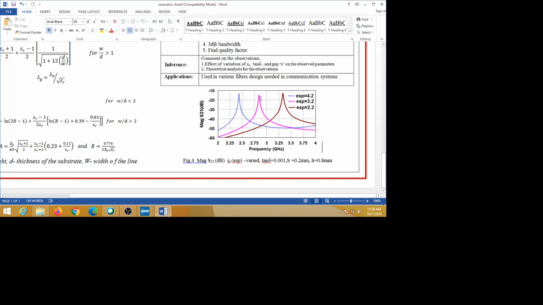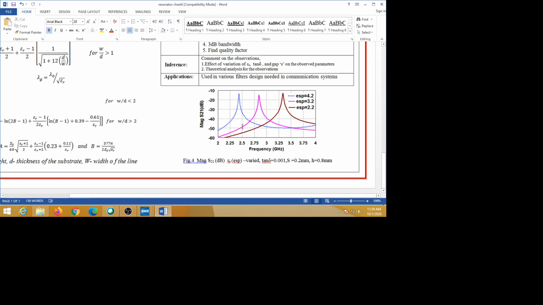Resonant frequency shifted, and as we increase the permittivity, what happens here, resonant frequency is shifting to the lower frequency side. It is nearly 3 gigahertz, next is 2.5, next it is going down to near 2.2. See, as the permittivity increases, resonant frequency is shifting towards the lower value.